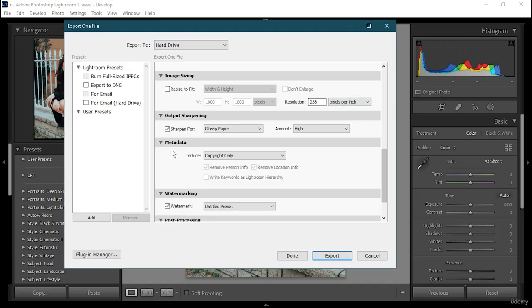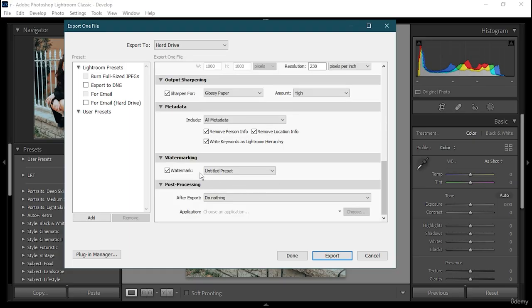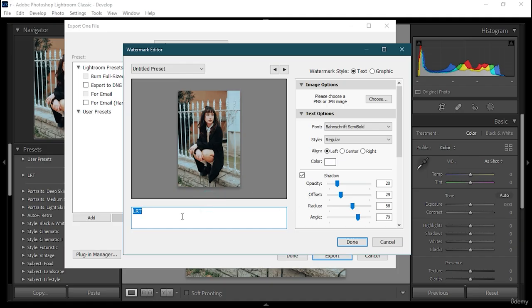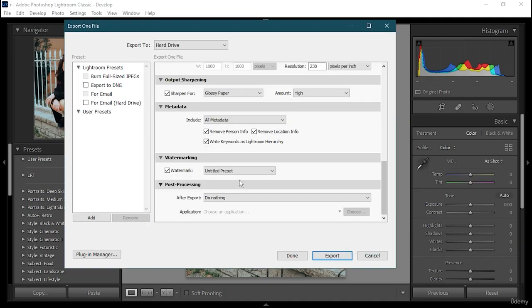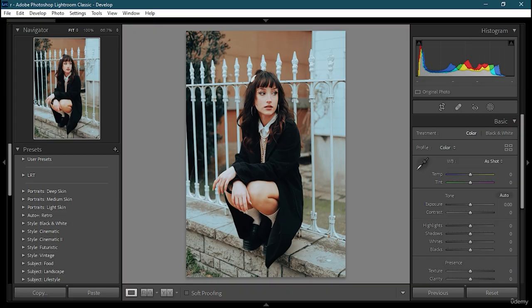Then what you're going to do is select the metadata. Let's say I'm going to have all metadata saved. Write keywords as Lightroom hierarchy. I'm going to keep it like that. If you want to add a watermark, you can also do that. Let's say edit watermark. I'm going to keep it as LRT and keep it as done. You can also do a lot more over there if you want. Then we have post processing. If you want to do that, you can also do that. After you're all done, just click on export and it will be directly exported to wherever you are saving